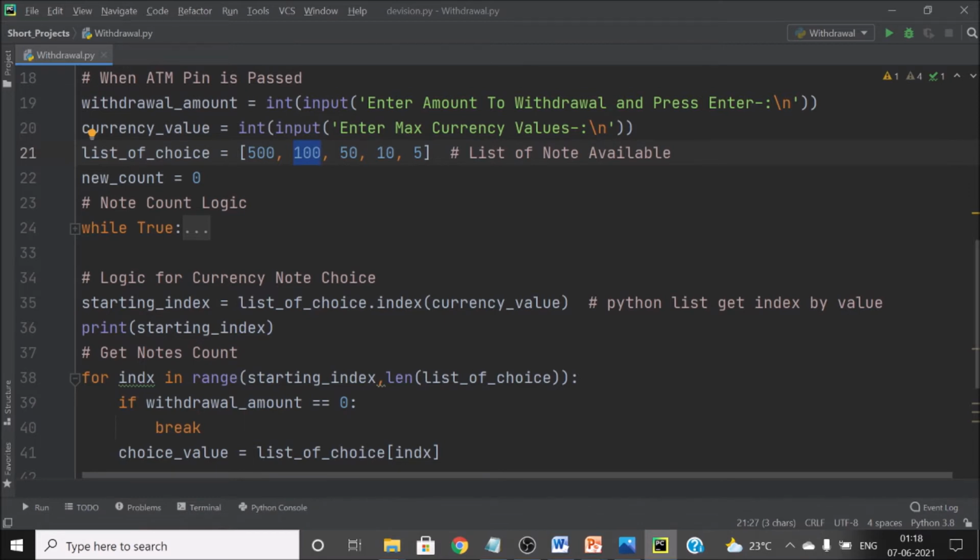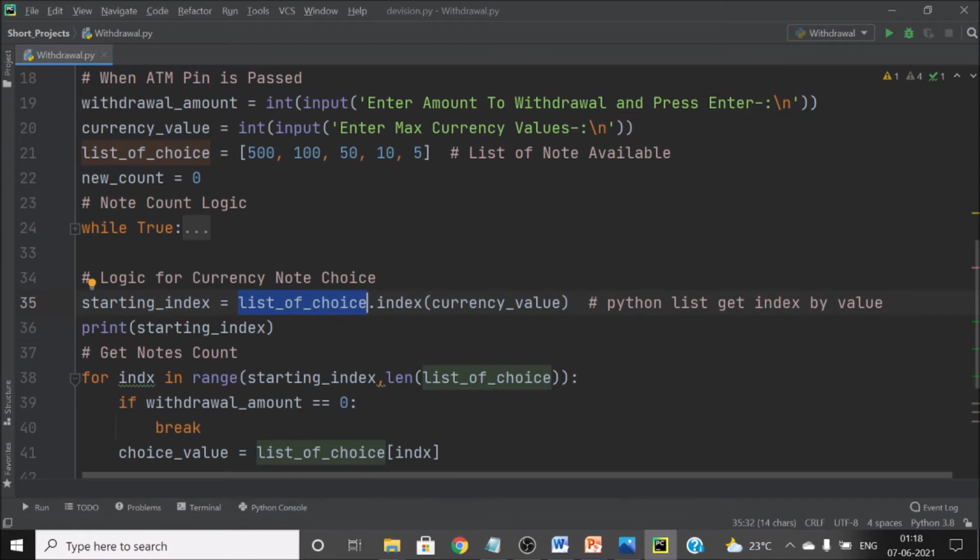So when I am coming to line 38, you see where I am starting from. What is the starting index? Starting index is line number 35, out of the list of choice. If you are not comfortable with lists, I have a video and the link is also given in the description, so you can have a look at how to work with lists.